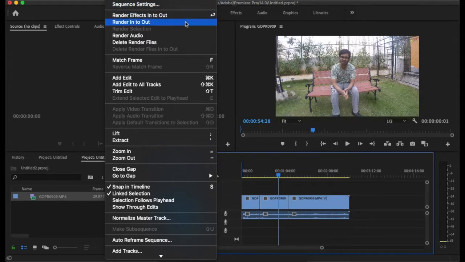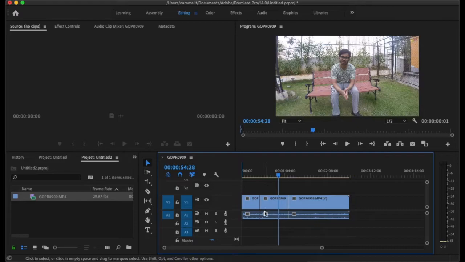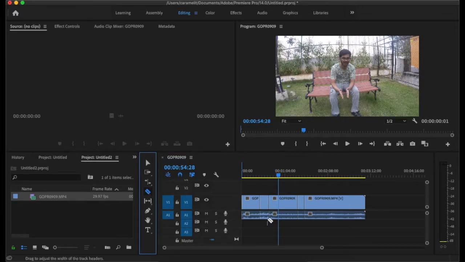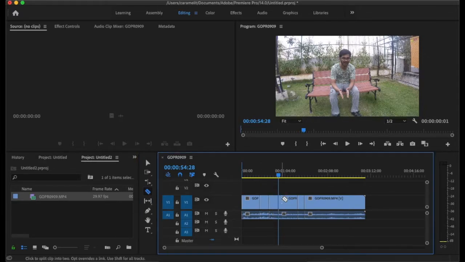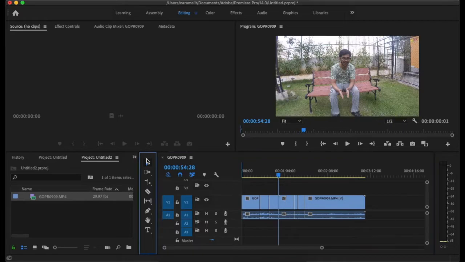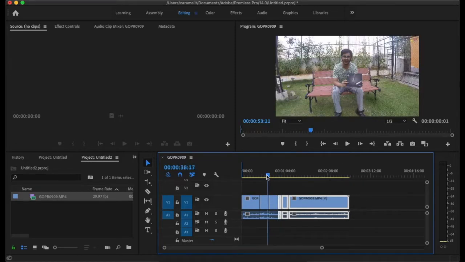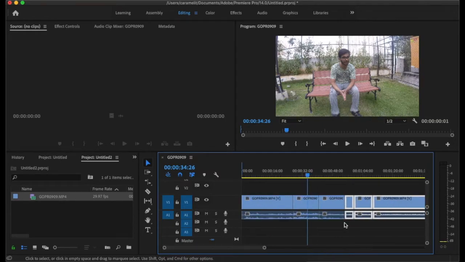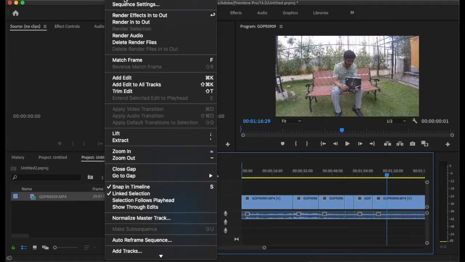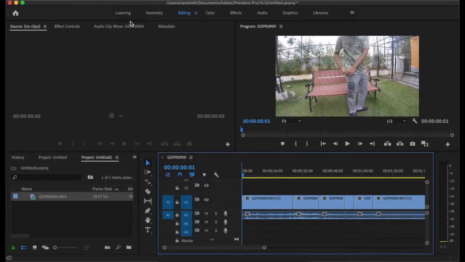is render into out. So let's assume you have edited a small bit right here by cutting with the razor tool like this, and deleting the part and then attaching this to the actual part which is necessary. And let's assume this is the final output of the edited video. Just let's assume, and now what you need to do is click on sequence and click on render into out,